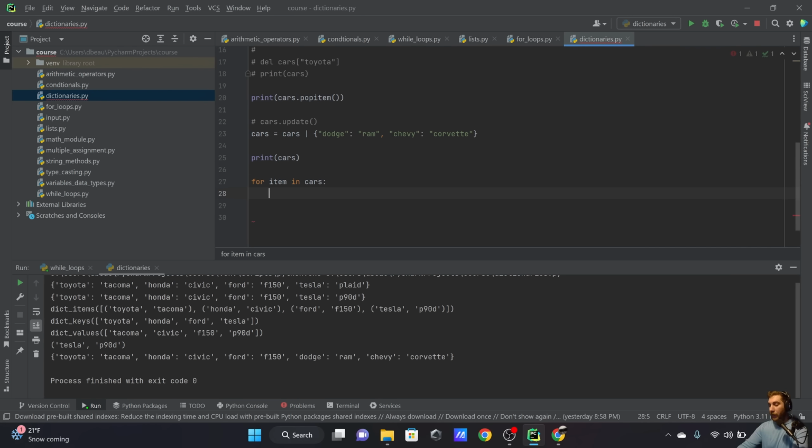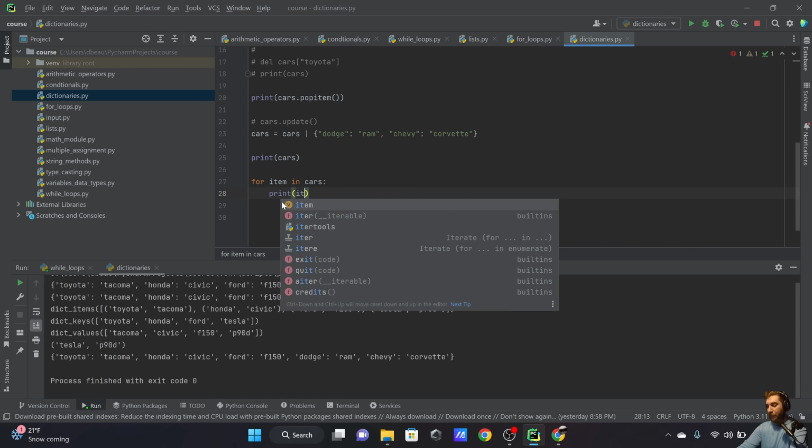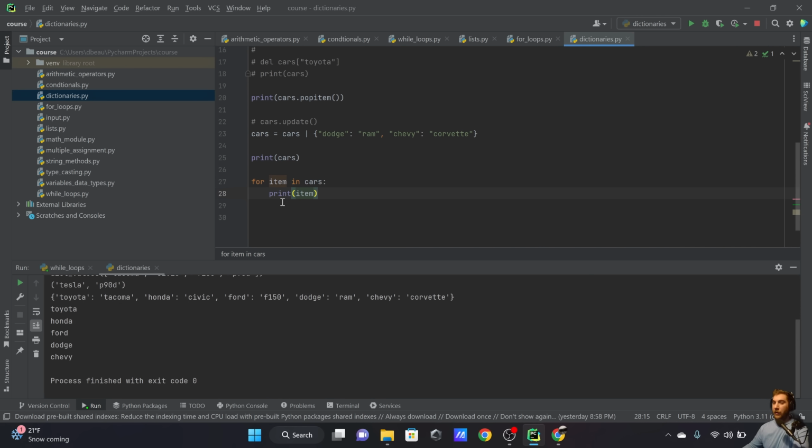Let's put a colon, let's tab over, and let's just go ahead and print item. And let's run this. Okay, and you can see that it's only printing the keys. So this isn't necessarily ideal. A lot of times when you're looping through a dictionary, you kind of want to access both the key and